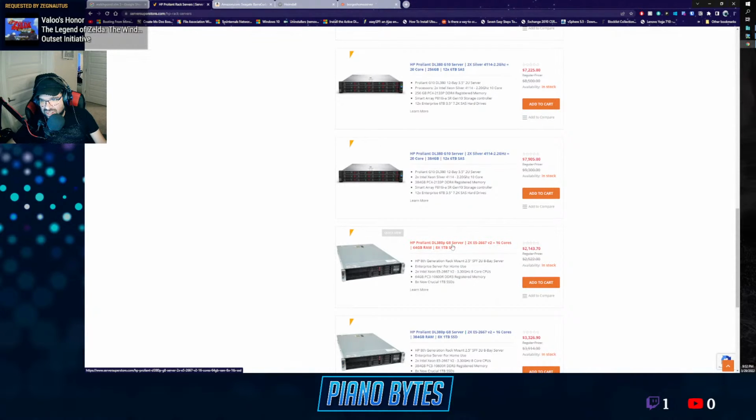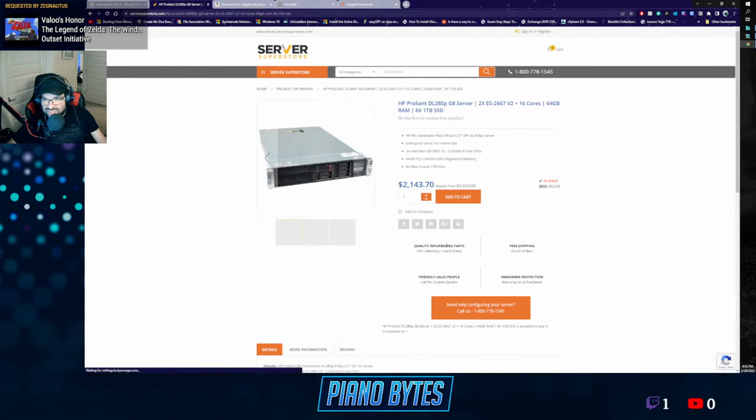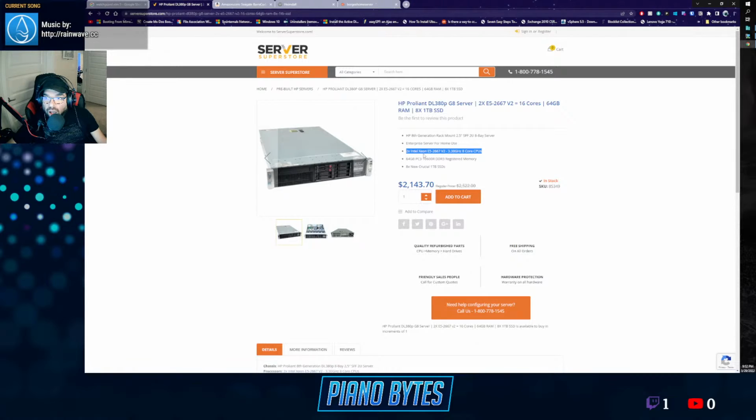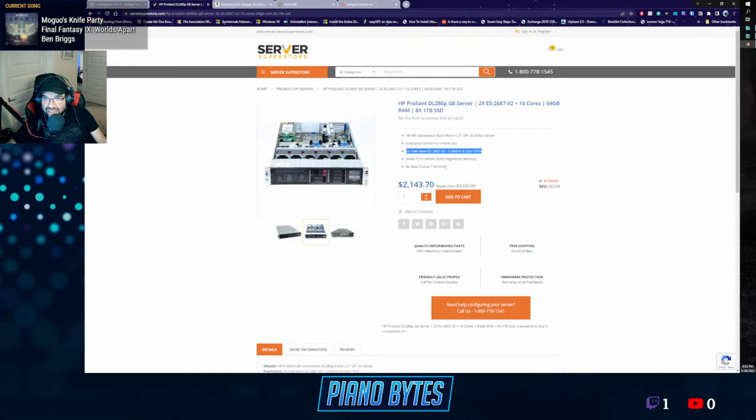Oh, see, this one's good. This is actually not that bad. 1 terabyte SSD. Hey, this is actually pretty good. 64 gigs of RAM. 2 Intel 8 core, 3.3 gigahertz servers. 2 of them. 8 1 terabyte SSDs. So you'll have 8 terabytes of raw storage. You can make that into a RAID 10 and you'll have 4 terabytes. That's actually pretty good. Or you can make it 2 RAID. Oh, you can make a